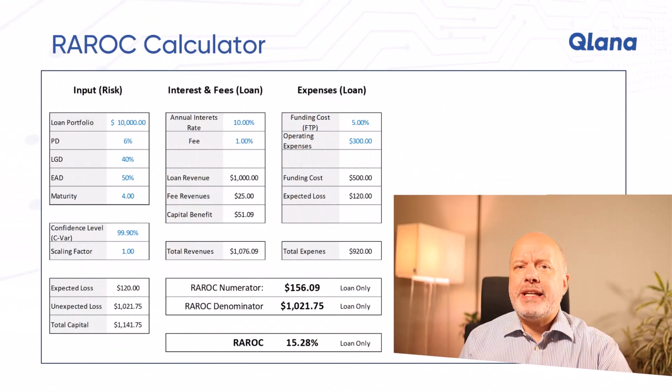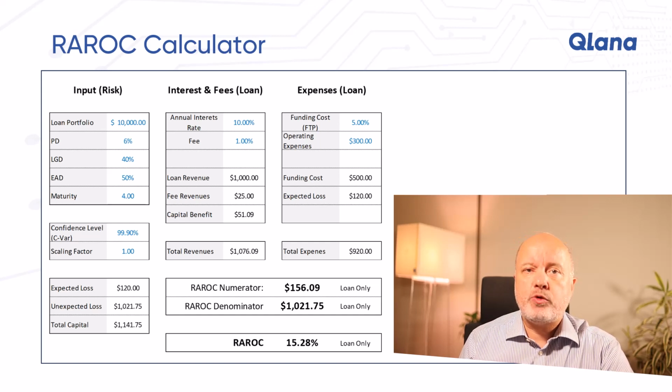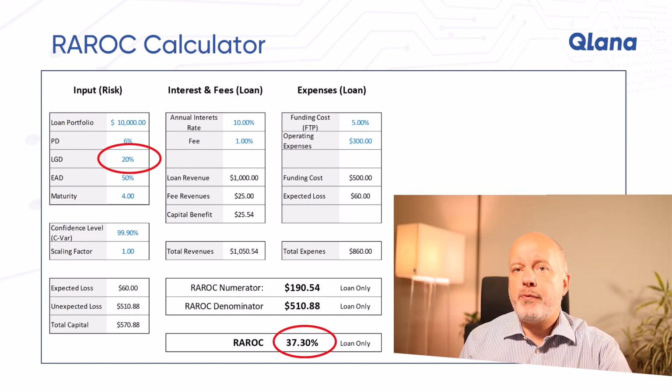What happens if we increase the collateral of the loan? In this case, we can improve the loss given default. Let's assume that the borrower is able to provide us another collateral and thereby reduces the loss given default from 40% to 20%. And this adjustment significantly reduces the economic capital allocated to the transaction, almost by half, down to